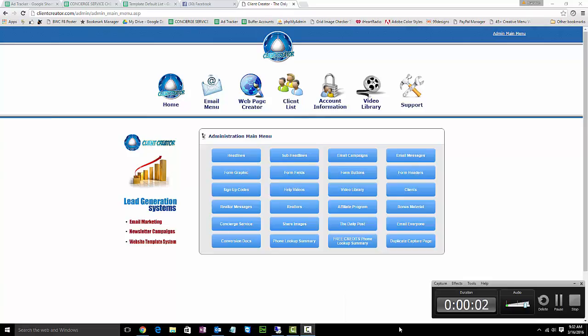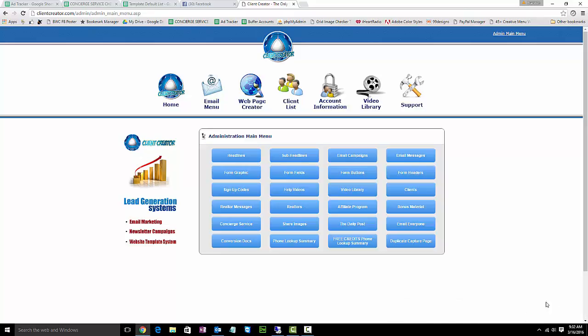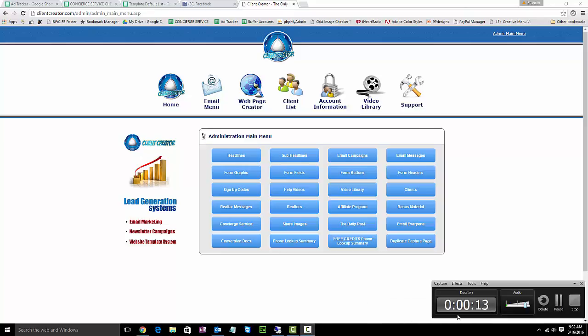Good morning. I wanted to go over how to create lead capture pages for each of the realtors during the setup process on the concierge service. The first thing that you've got to do is, this is in the admin menu for when you log in under the